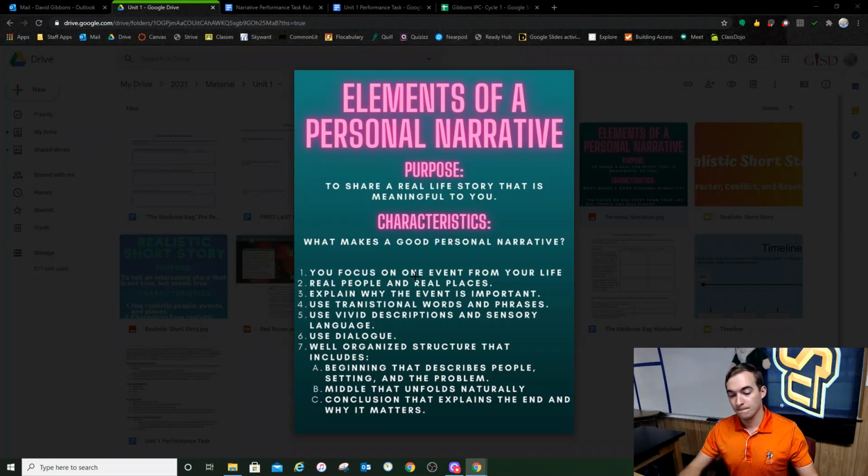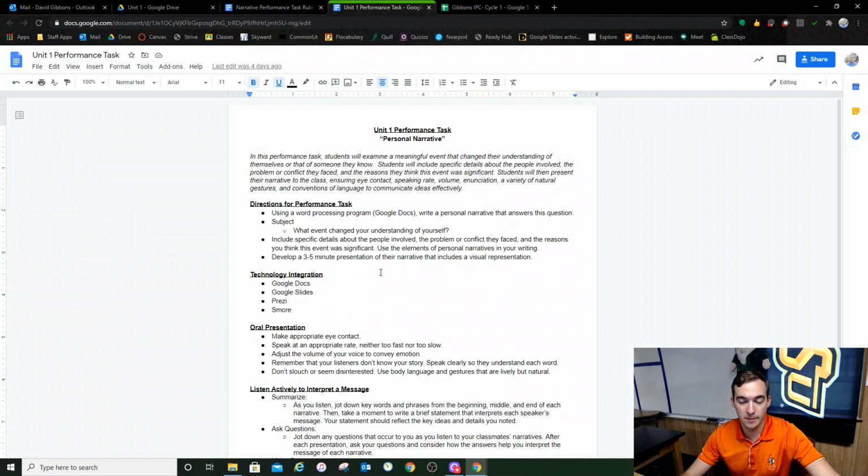Okay? So these are the elements of a personal narrative. And once again, a personal narrative is a real life story that is meaningful to you. Now let's take a look at your performance task. There's a lot of words on this because this was written for me. This was written by people at the district for teachers to look at, and then we're supposed to tell you. But I want you guys to take a look at this on your own, and I'm going to guide you